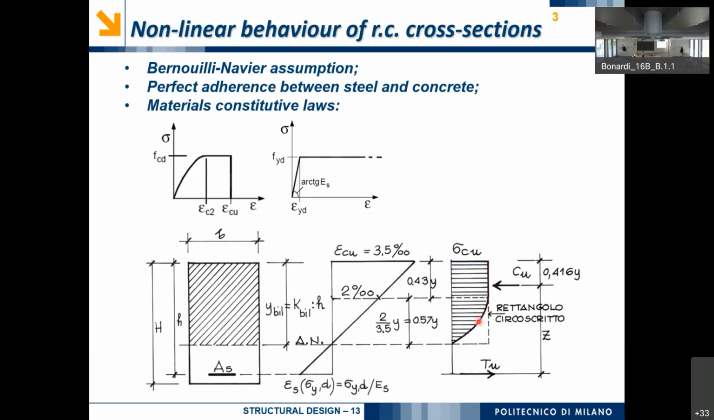This is the diagram of the stress that is associated with this strain path. And so we have the parabolic behavior and the longitudinal behavior. We can see that here we have a distribution of stresses, but basically we care about the resultant force when we deal with nonlinear behavior. So we want to know the resultant force that is associated with this distribution of stresses, and it is called Cu, and it is equal to 0.41416